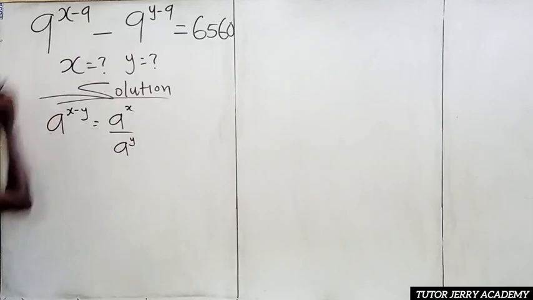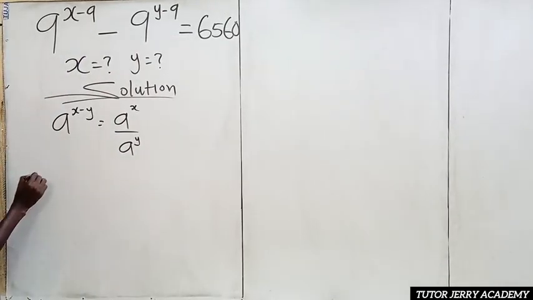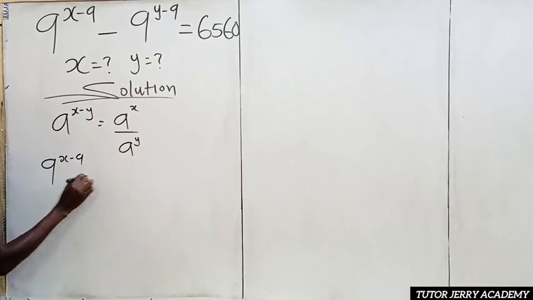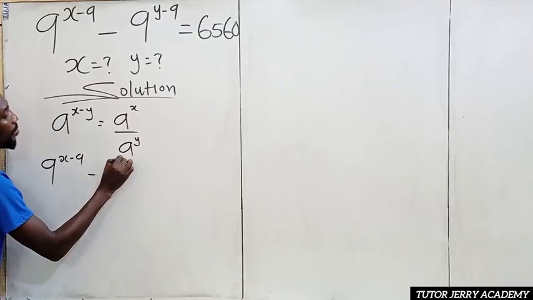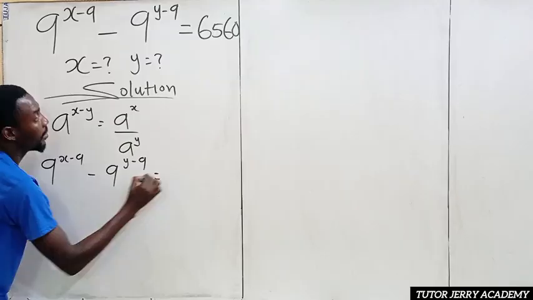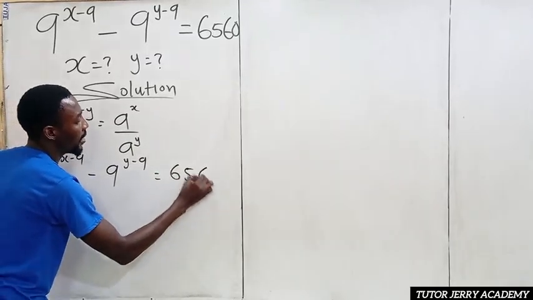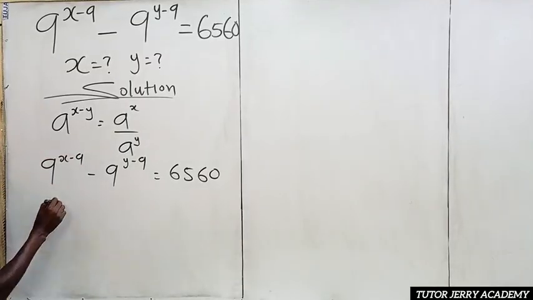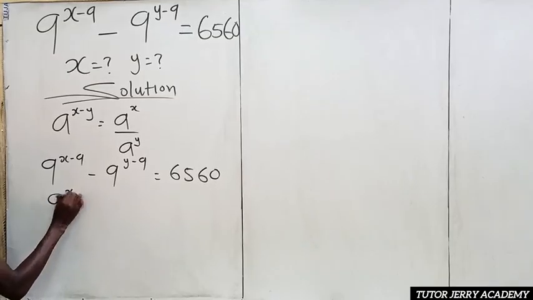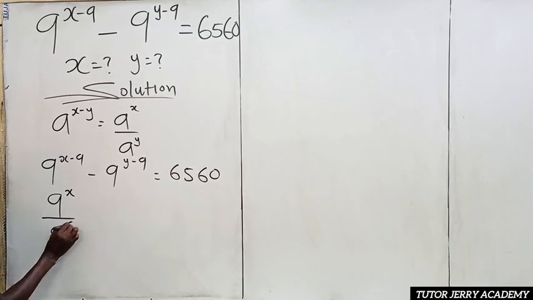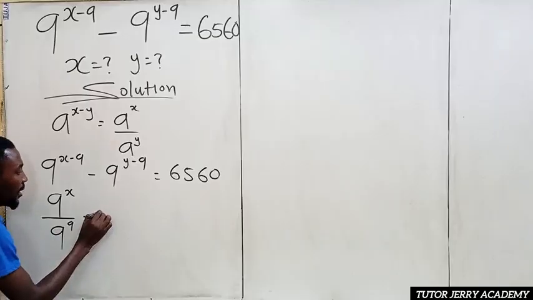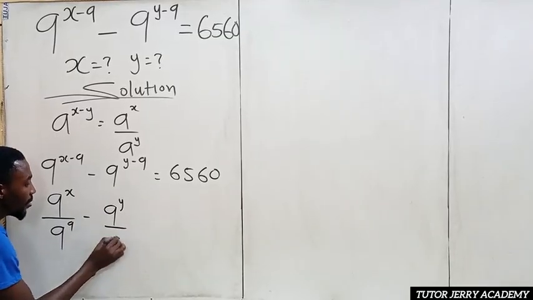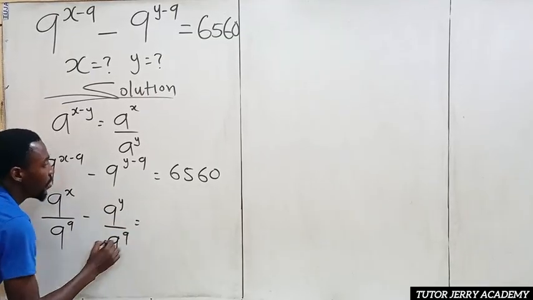So now if we apply that here, let's rewrite the question first. We have 9 to the power of x minus 9 minus 9 to the power of y minus 9 equals 6,560. All right. So now if we apply this law here, we are going to have 9 to the power of x all over 9 to the power of 9 minus 9 to the power of y all over 9 to the power of 9 equals